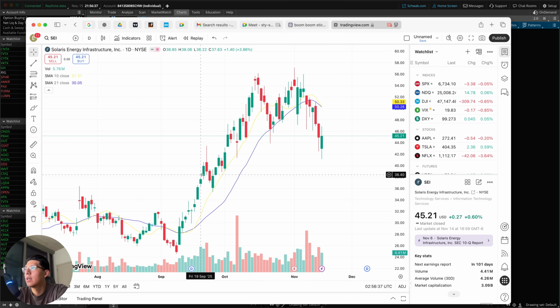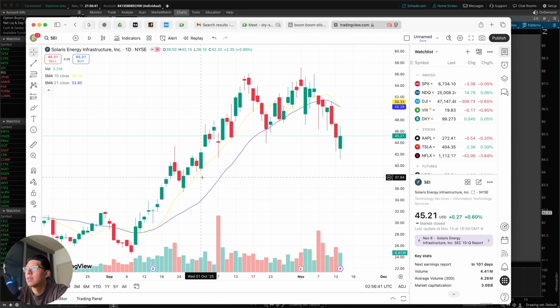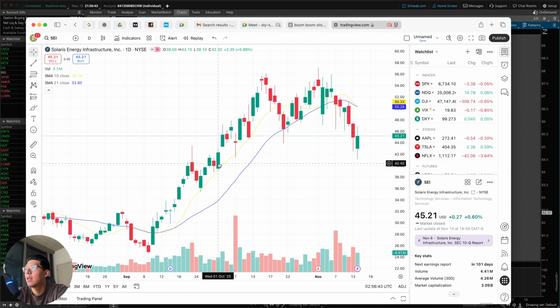Bro, so this one I took two trades. My first one was on this day right here. The reason why I took it on this day is because, of course, we made the massive move all the way from the bottom right here to the top. Then the second thing is that we have the 10, 21, and of course the 50, 200. I just cannot add it. It was all stacked up on top of each other.